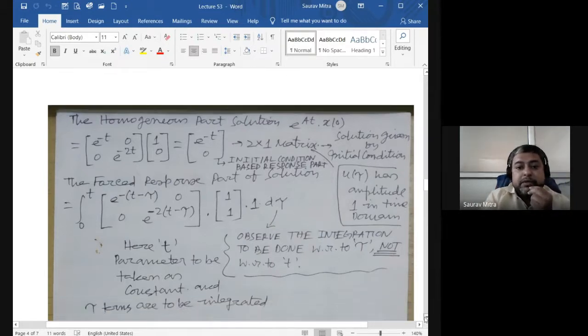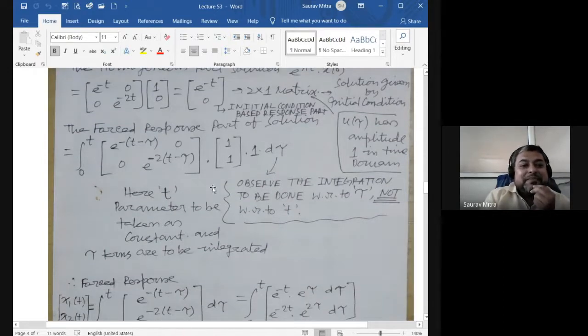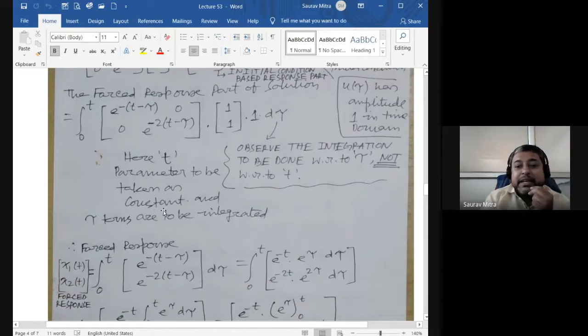Now the most important part, the most difficult part, which nobody understands. Let's see that. So this is e raised to A(t minus tau). Instead of t, you have to substitute t minus tau. That much is there. And now multiply this with the B matrix and 1. So the u tau is gone. If you multiply this, here the t parameter is to be taken as a constant, because this integration is being done with respect to tau. These are small things which are not given in the book, so you should understand it from the lecture itself. All the integration has to be done with respect to tau. So first, you have e raised to At, substitute t as t minus tau.